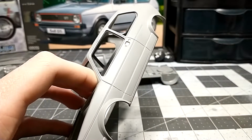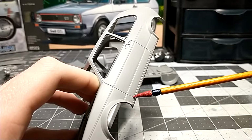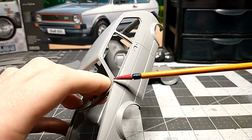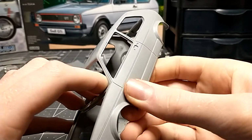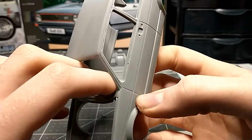The one thing I do want to mention is if you have this kit or plan on building this kit, pay close attention to these mold lines, these panel lines, because they are pretty shallow from the kit. So make sure you scribe those out and make them deeper, because they will. I'm not saying they might, but I'm saying they will